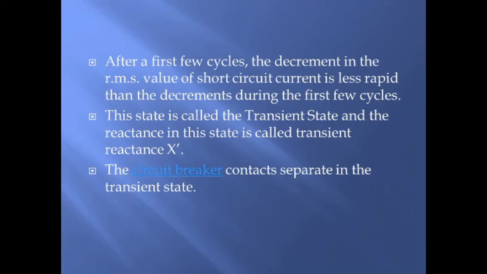Okay, but what my point is, जब भी कोई फॉल्ट होता है तो रिले उसको डिटेक्ट करता है, it gives signal to the circuit breaker and circuit breaker operates, तो वो ओपन हो जाता है, ठीक है। लेकिन अगर सपोज सर्किट ब्रेकर एकदम सब ट्रांजिएंट पीरियड में ऑपरेट नहीं होता है, जितना टाइम लगता है सर्किट ब्रेकर को ऑपरेट करने के लिए, सब ट्रांजिएंट पीरियड खत्म हो जाता है, ट्रांजिएंट पीरियड आ जाता है। तो अगर सर्किट ब्रेकर को ऑपरेट होना है तो वो ट्रांजिएंट पीरियड में ही ऑपरेट होता है।